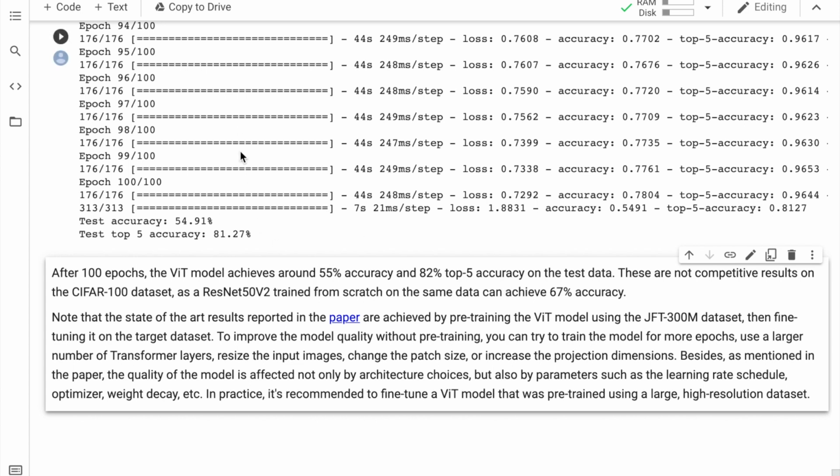The author of the notebook notes that ResNet 50 version 2 trained from scratch would achieve 67% accuracy. So this Vision Transformer implementation, right off the shelf, isn't better than the state of the art. ResNet, or one of the EfficientNets, is probably more the state of the art, but it is not better than these convolutional neural networks right off the bat. But the author at the end denotes things like